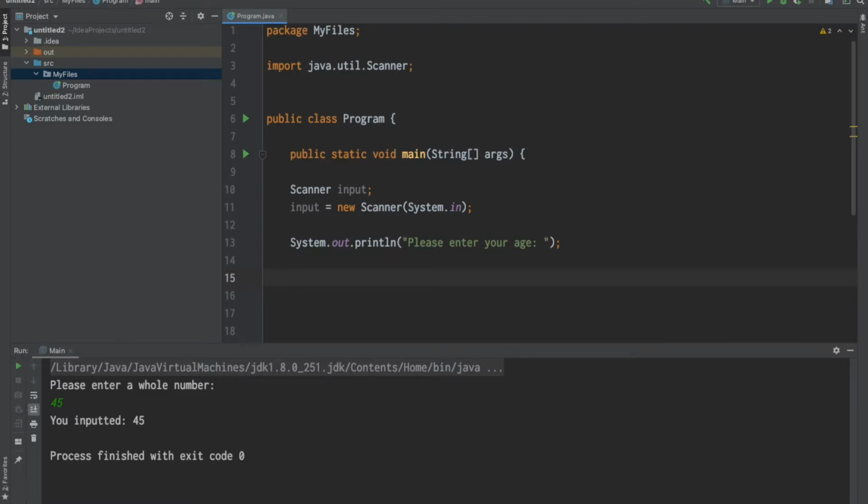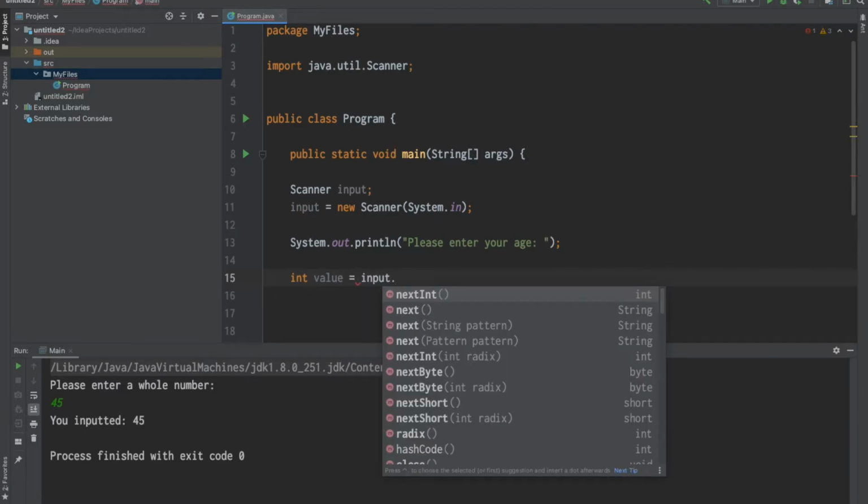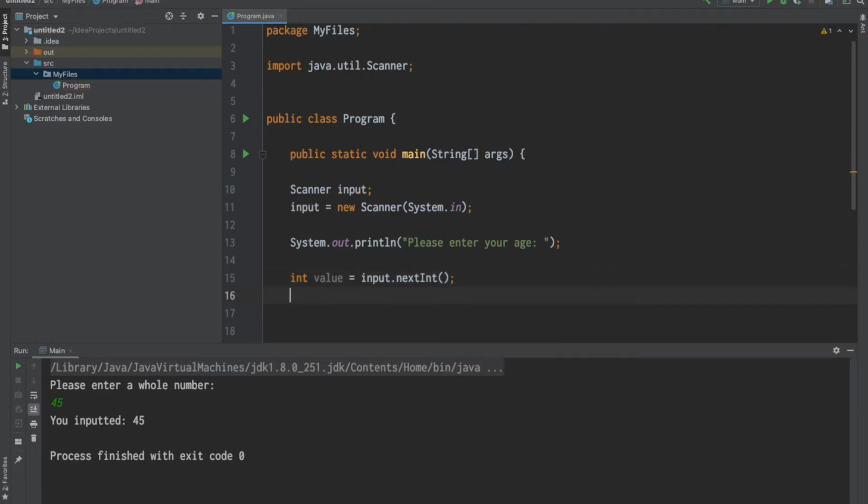That will then receive that value. So if we just call it value for the sake of it, keep it simple. We use the input object, press dot. What type of information is it? It's an int, so it's nextInt, semicolon. So that will receive it. Now what we'd like to do is calculate what year you were born. Now this is obviously going to be slightly inaccurate because we're not taking months into consideration, so it's going to be rough. The current year, which we need to store,